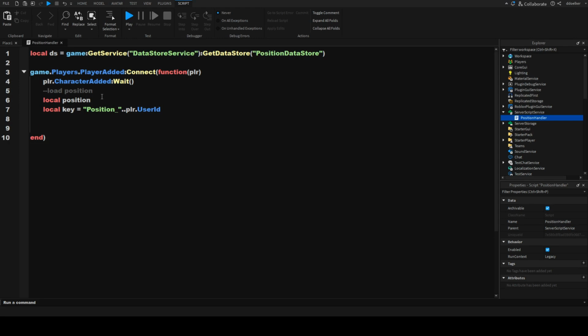I actually have created a tutorial on data stores, so you can watch that if you want to know more on how you can use data stores. Now we're going to say pcall(function(), we drop a line and it'll insert the end and close bracket, and we just say position = ds:GetAsync(key), and then after the end we are going to drop 2 lines and say if position ~= nil then local charPos =